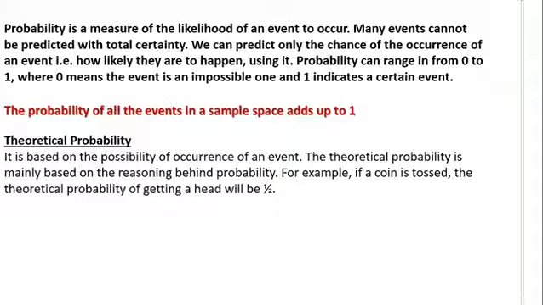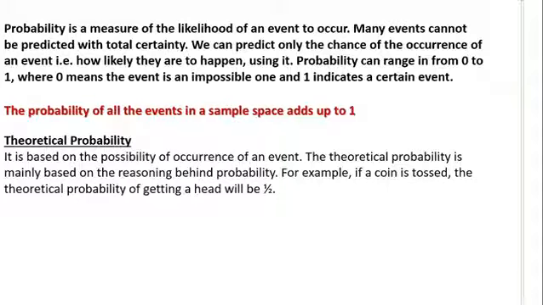It could either be head or tail. So if you ask for the probability that it will be head, then there is one head out of 2 options. That's where you have 1 over 2. Of course, that would be 0.5. Okay, so that's how theoretical probability works. It's a prediction based on mathematical reasoning.